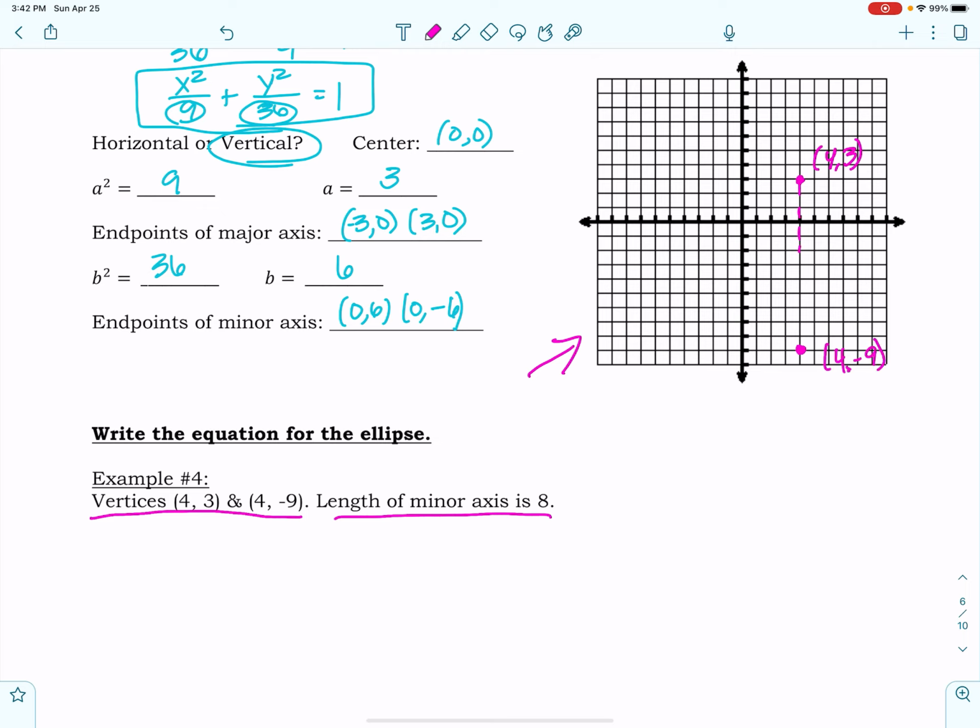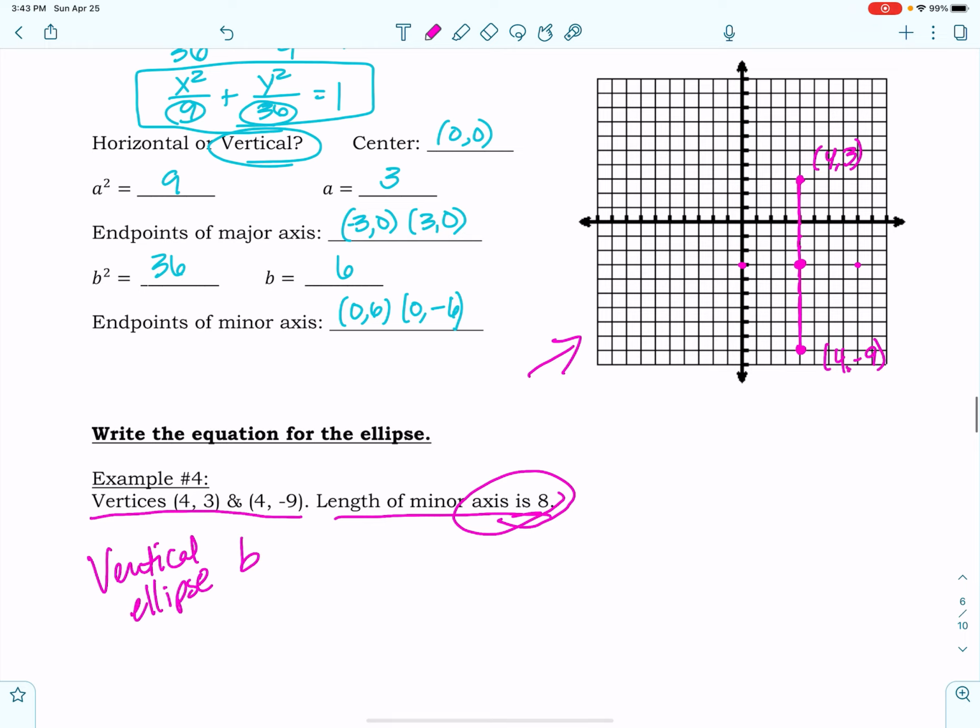Now, as you can see, the length of this is bigger than 8. It's actually 12. So this is not going to be the minor axis. So the minor axis is 8. So if I go halfway through this line I've drawn here, so down 3, 4, 5, 6, because half of 12 is 6, and then out 4 and over 4, that's my minor axis of 8. So as you can see from this, we are going to have a vertical ellipse